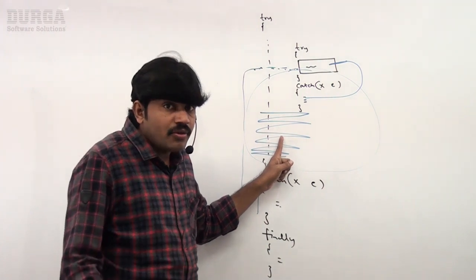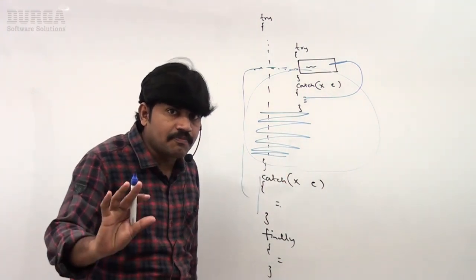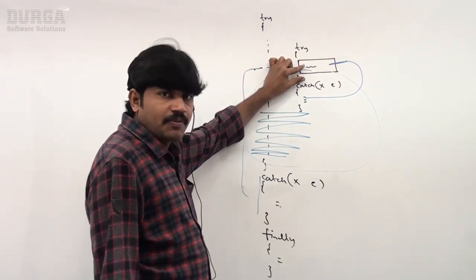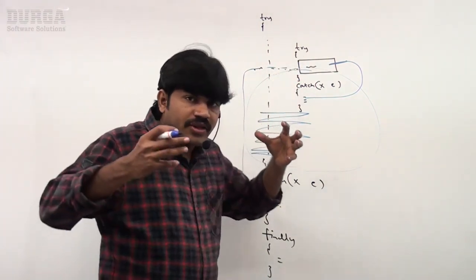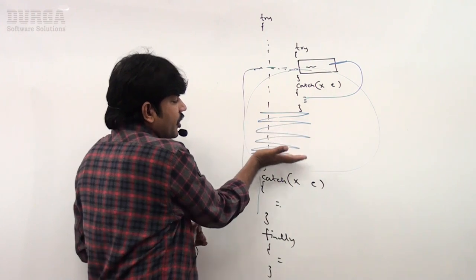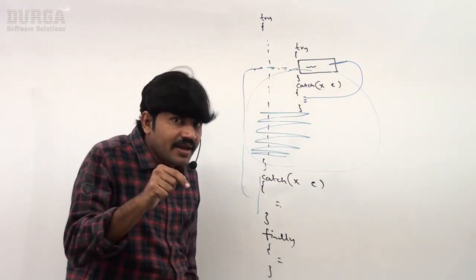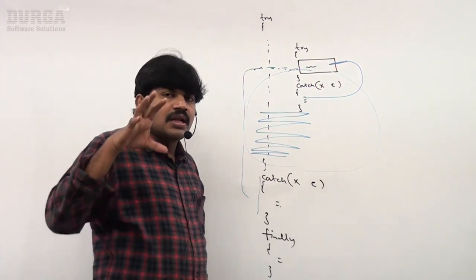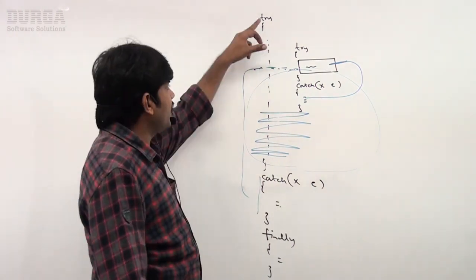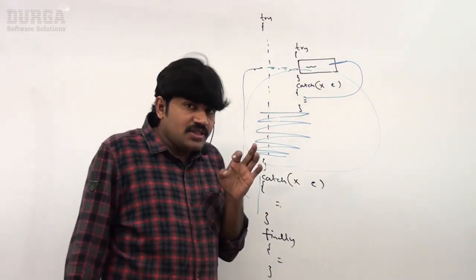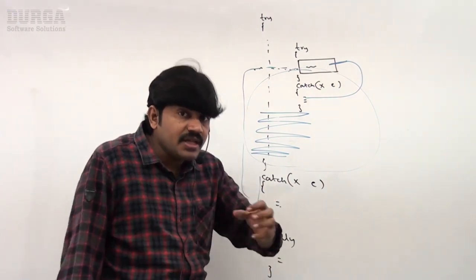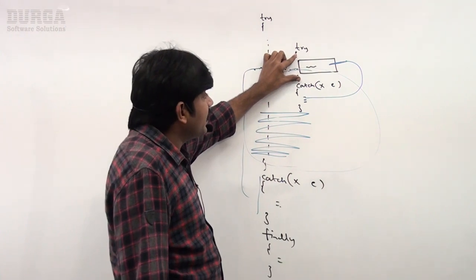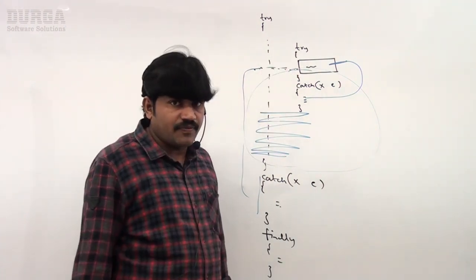Are you getting it? So most of the code is not going to be skipped. Most of the code will be executed. Here there is a problem, and immediately this catch block is going to handle it. The rest of the code will continue normally. That is the advantage of try catch inside a try block. So normal risky code we have to take inside the outer try. Too much risky code, very sensitive code, we have to take inside the inner try block. Is it clear for all of you?